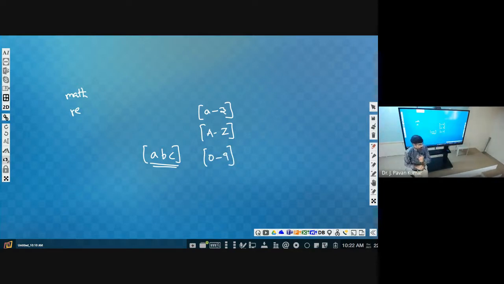Suppose you wanted to create a regular expression for a mobile number. For a mobile number, how many digits will be there? 10 digits. What can be the first digit? 9 will be there, 8 will be there, 7 also, 6 also. So 6 to 9, any number is allowed.